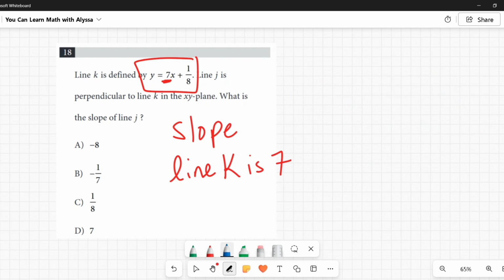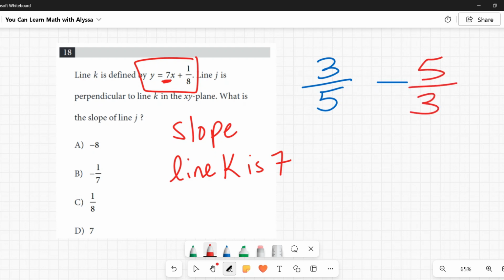Well, now what about perpendicular lines? Perpendicular lines have negative reciprocal slopes. So if I had one line that had a slope of, let's say, 3/5, the line that's perpendicular to it would have the negative or opposite reciprocal. Reciprocal means you flip these two, top to bottom, bottom to top. 3/5 becomes negative